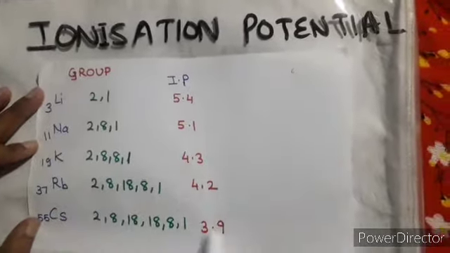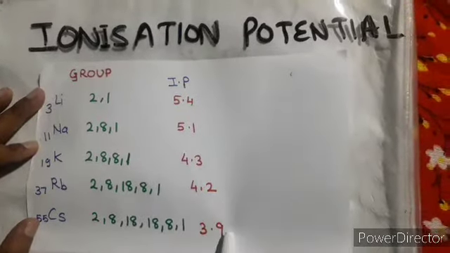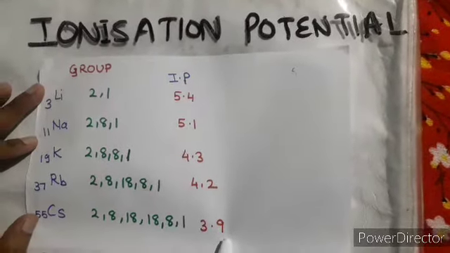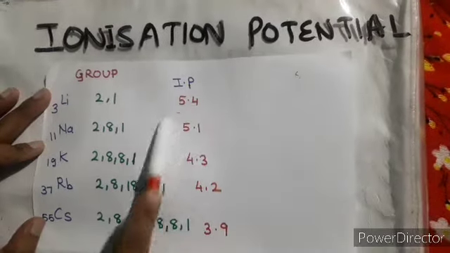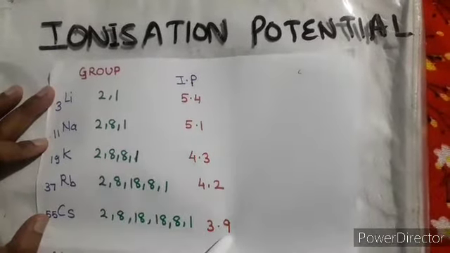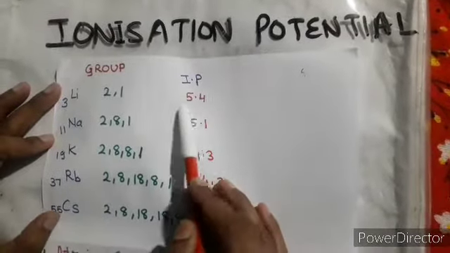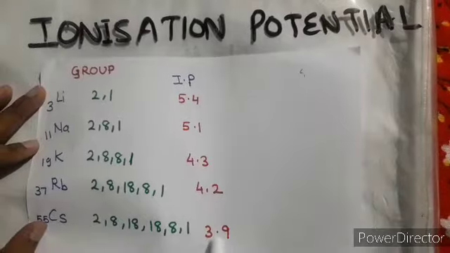And I have also written the ionization potential values, these are the calculated values. Now again I am telling you, it is not necessary that they will give you these values. But if these values are given to you, you can easily look at them and say, ma'am, this particular one has more ionization potential in comparison to this side.